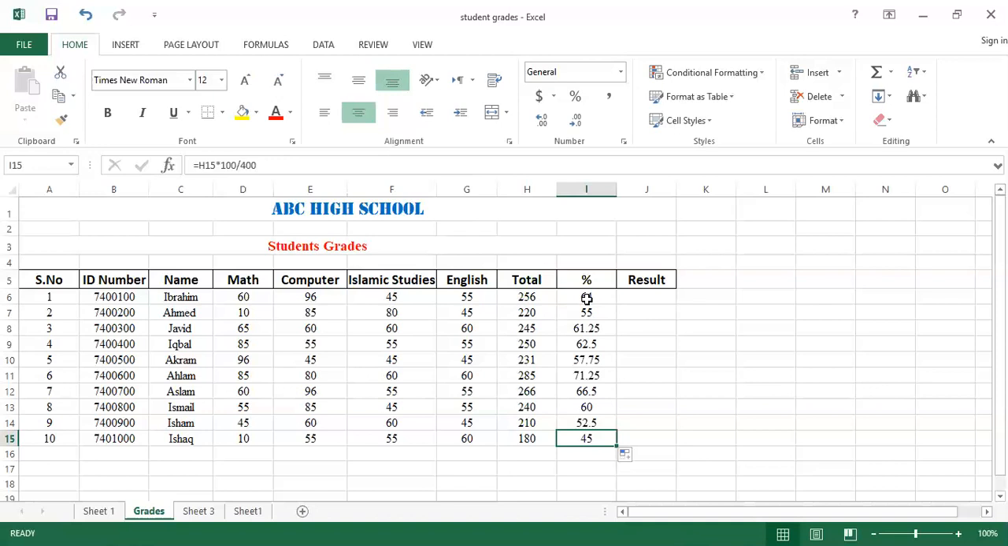In the next class, we will work on the result card or the grading system. How can we apply the grading system? For example, if the percentage is 64, what will be the grade? So inshallah, in the next class, I will explain about the grading